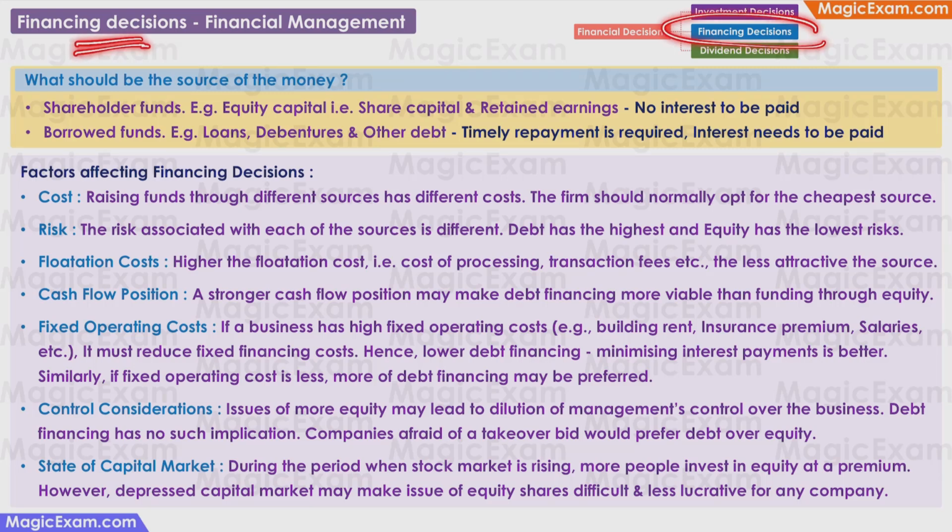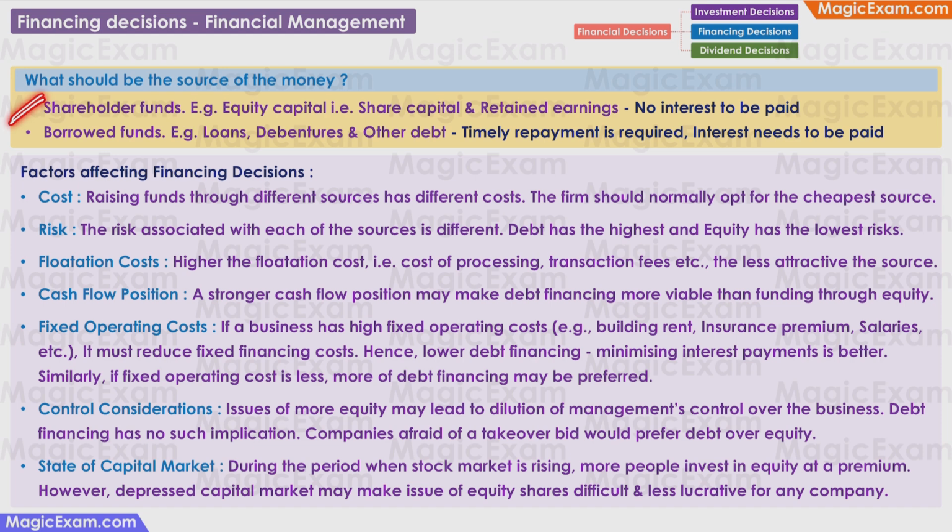Financing decisions are the second type of decisions in financial management. In the first type of decisions, that is investment decisions, you have decided that yes, the business needs the money. In the financing decision, you need to decide on what will be the source of the money. The business can raise money through shareholder funds, that is equity capital or the share capital, or it can be